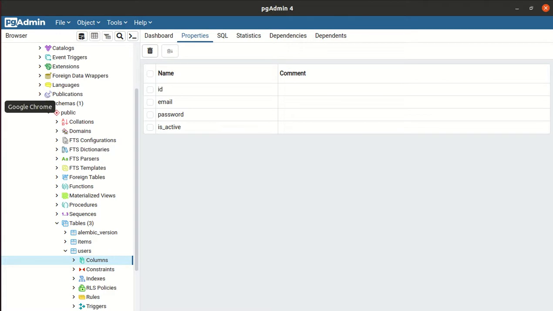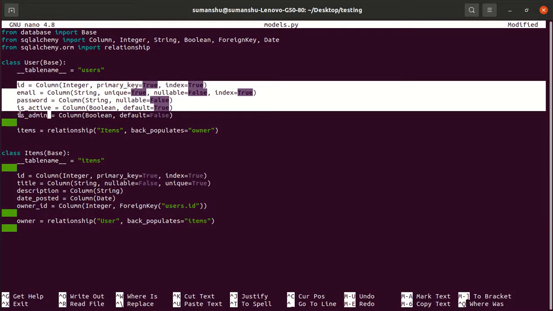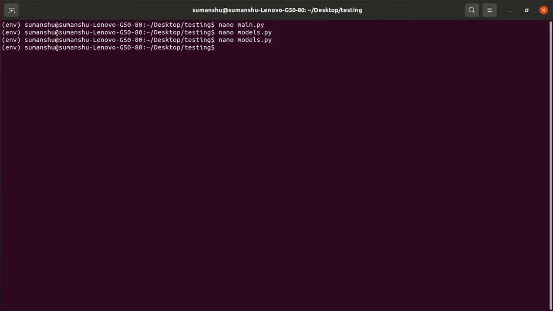But in the future, we get a requirement from the customer, and the customer tells us that now we have to add one more column into the user table. So what we do is, we come into the models.py file, add here is admin, that is one more column, and we save it, right? And we start our code using the --reload, because we are running our main file, and within the main file it is written base.metadata.create_all. So it is reading the metadata and creating the tables. So if I run it,